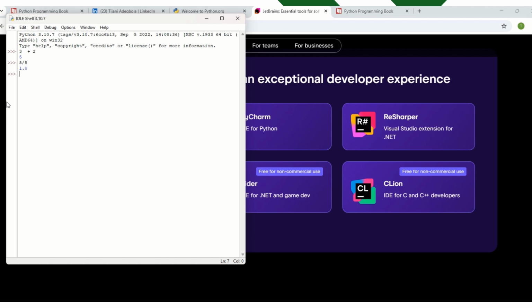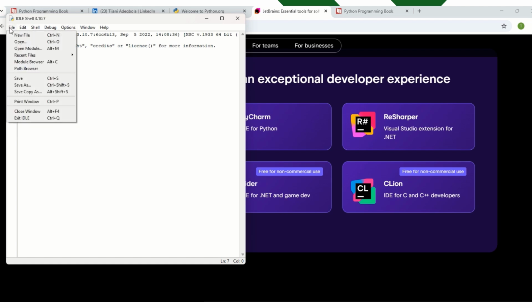Because here, all you can do is test your code line by line. What if you want to compile all your code? You want to write a chunk of code on a single page. If you want to do that on a single page, what do you do? Before we go into that, let me show you here.